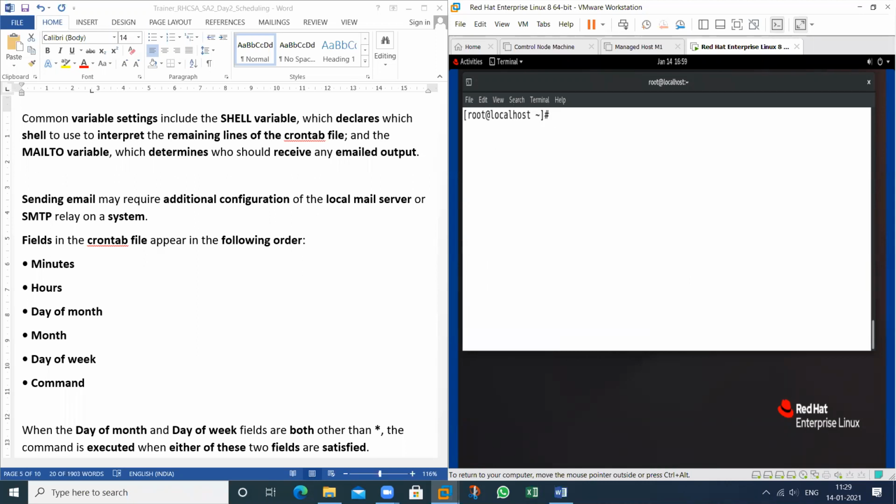And I want to schedule a task at a specific time. Then we use crontab -e. It means we want to edit. So we press enter, and this file will open, that is, it opens that particular utility.